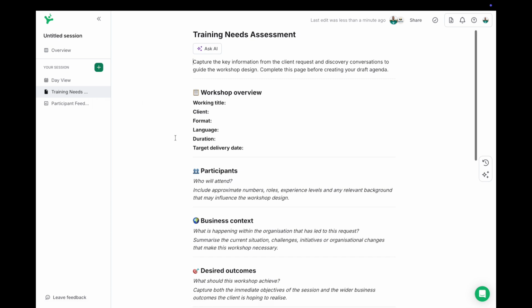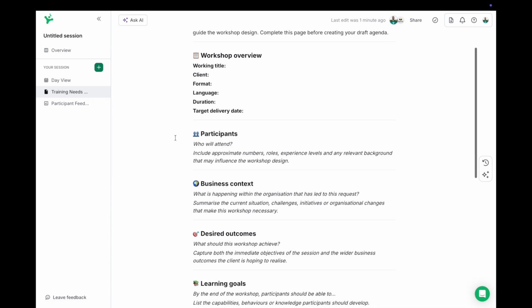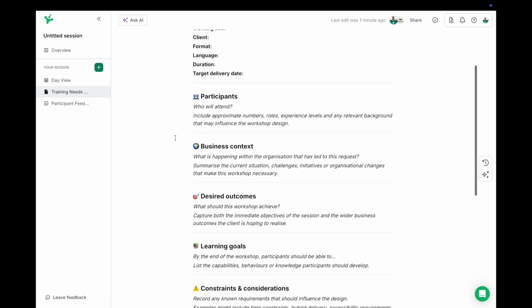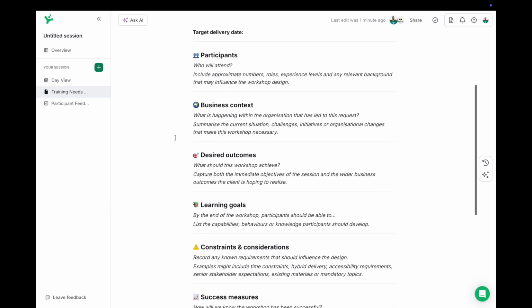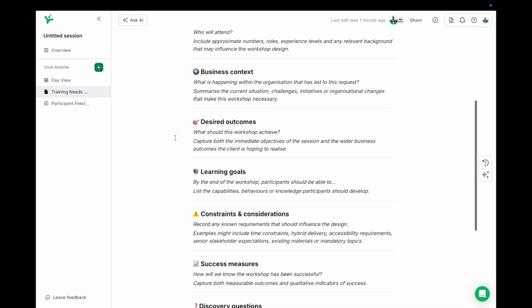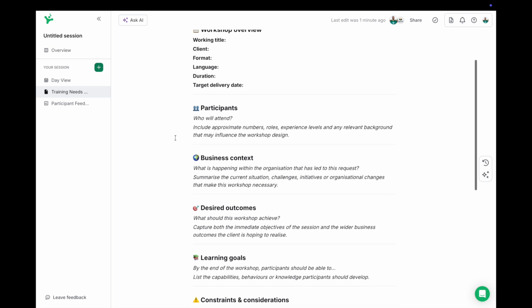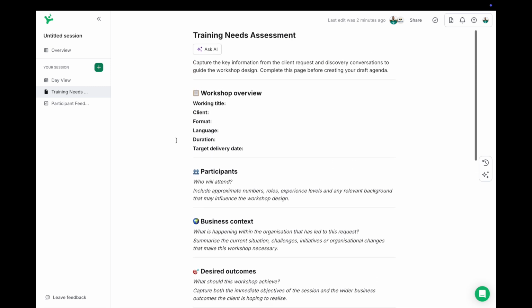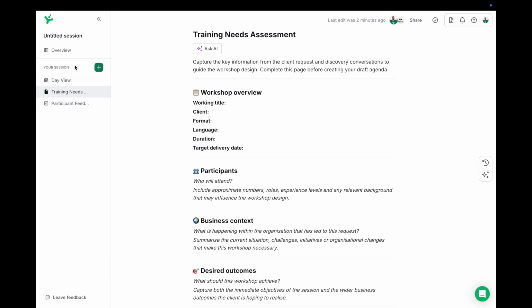Back in SessionLab, let's take a look at our needs assessment page template. This is currently empty, but it's been set up with standard headers that will always be populated with the information we need. It's already part of the session because our team has configured it as a standard page that's automatically included whenever someone creates a new workshop. So that makes sure that every facilitator follows the same structure, making it much easier to maintain consistent quality across